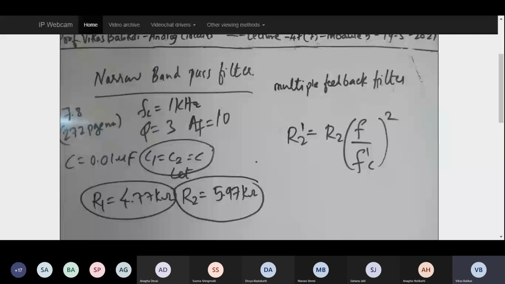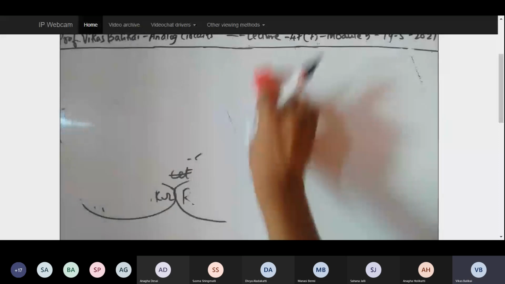But before going to that last filter concept, let us try to give a glimpse of some of the numericals that I told I'll be solving in the class. If I want to take up some of the numericals, I'll be taking them from the unsolved problems from the textbook. So let's try to take one by one. There are only two concepts left now: band reject filters and astable multivibrators. If these two concepts are covered, then possibly that will be the end of this particular module.